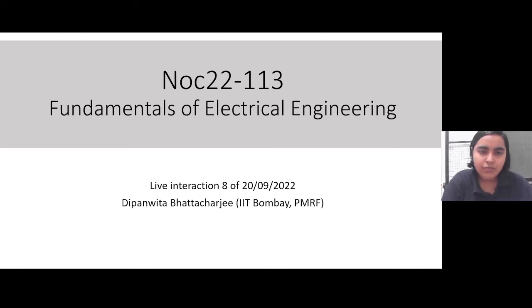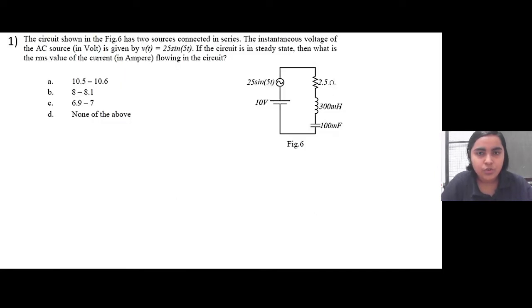For this week, you have been taught about single phase AC circuit, so we will be solving a few problems of that. The first problem that we have here is you have been given a circuit with one AC source and one DC voltage source. It is connected with a resistor, inductor, and capacitor. In the question, it is asked that the instantaneous voltage of AC source is given as 5 sine 5t. Now, if this circuit is in steady state, what is the RMS value of current in ampere flowing through the